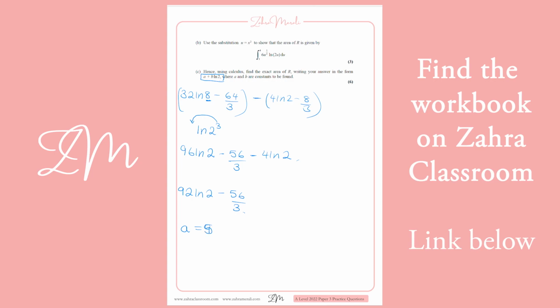So A equals minus 56 over 3. And B equals 92. So just always make it super